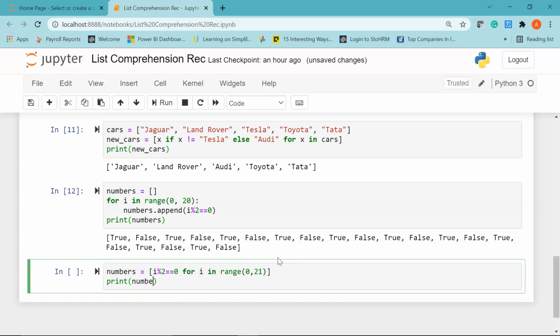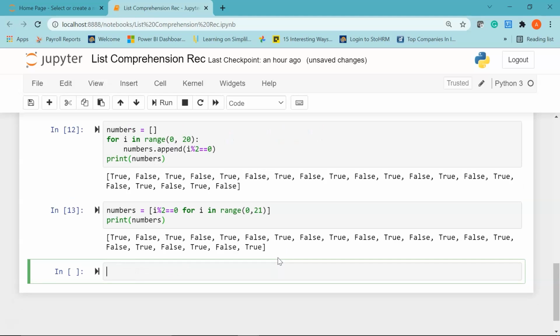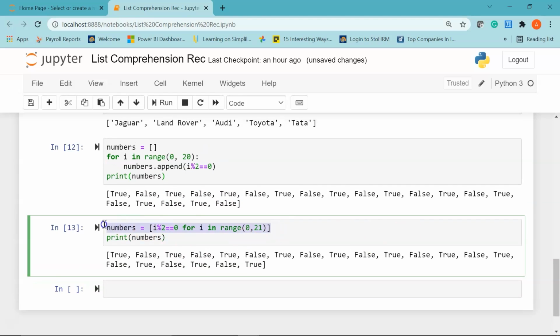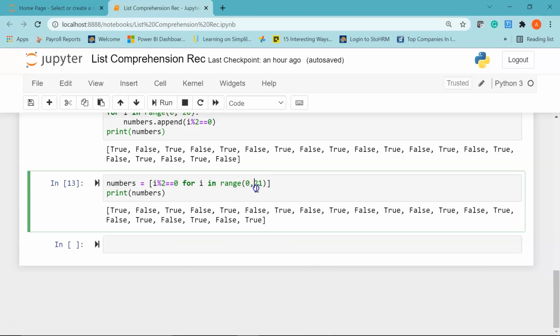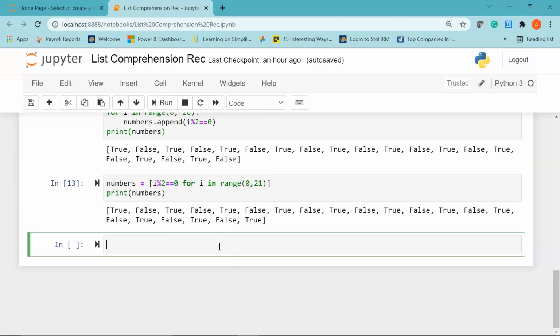Let's print numbers and see the result. Here you can see we have the same result, this time using the list comprehension technique.